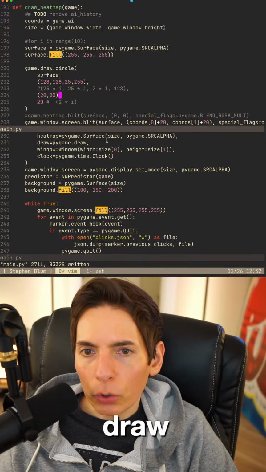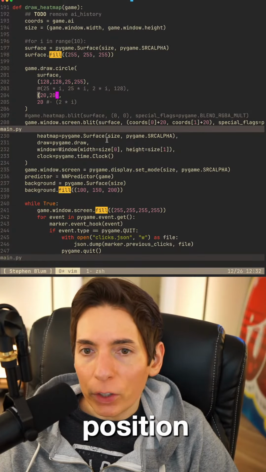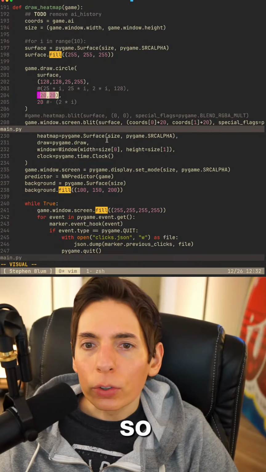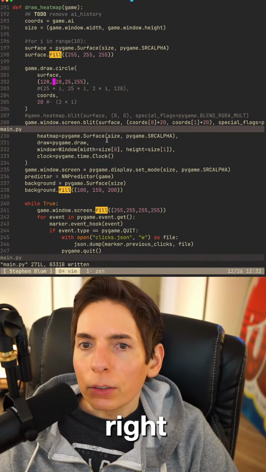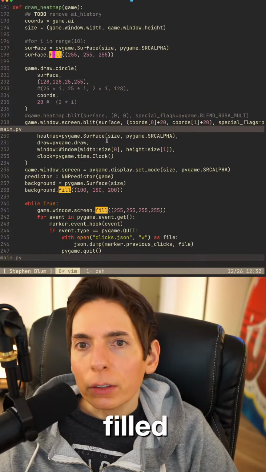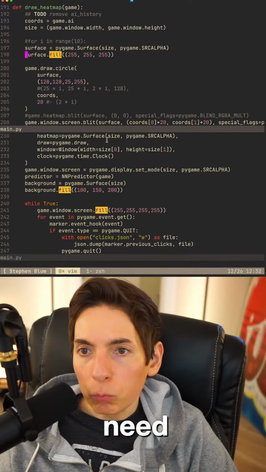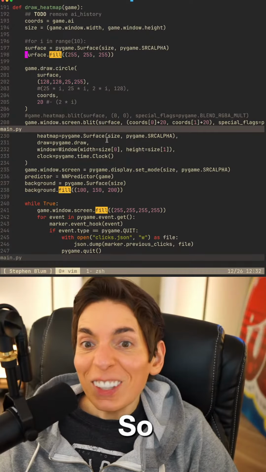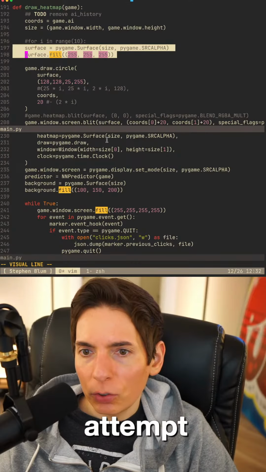We'll draw one circle, and then it needs to be at the position of the coordinates. So coords like that, I'm pretty sure, right? So we filled it. We're going to draw one circle. We only need to fill this once, though. So essentially, we don't need to create a temp surface.